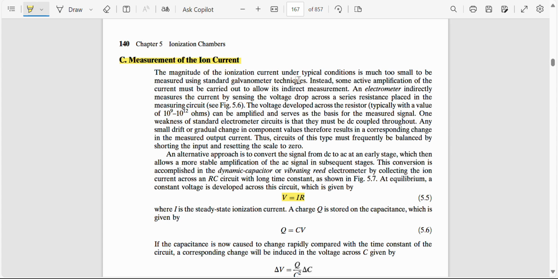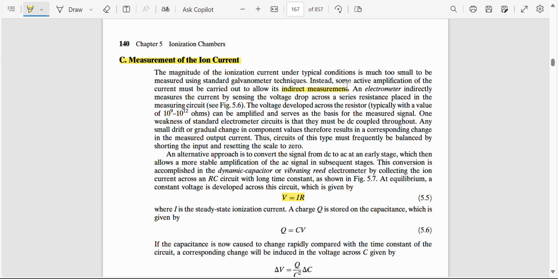The magnitude of ionization current under typical conditions is much too small to be measured using standard galvanometer techniques. So you cannot measure this current with a galvanometer. What you have to use instead is some active amplification of the current, which must be carried out to allow its indirect measurement. So you can measure the gas ion chamber current